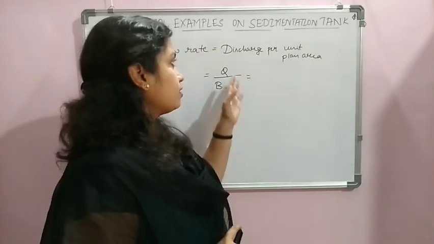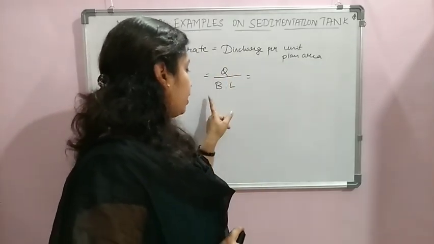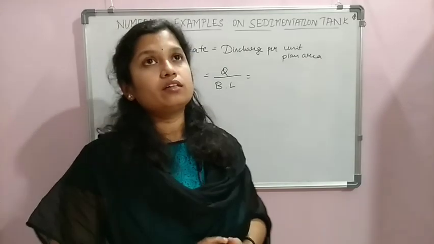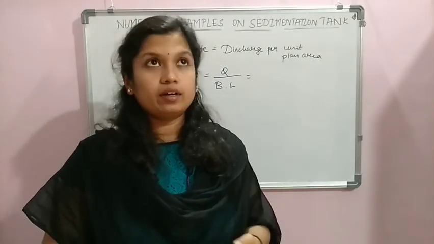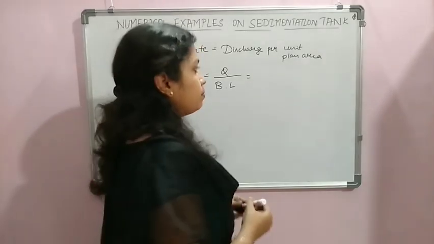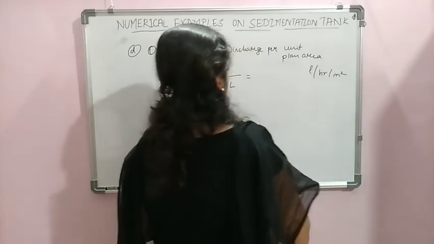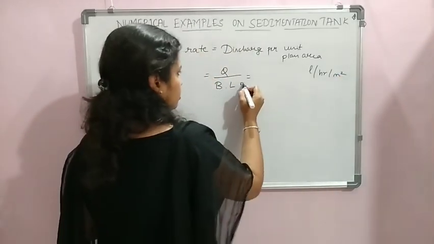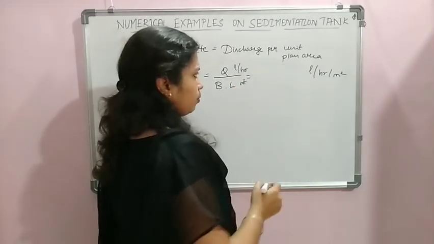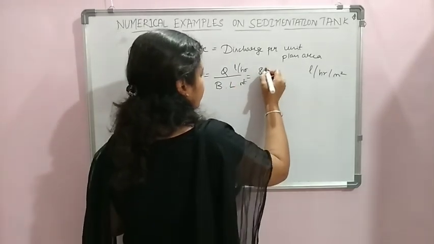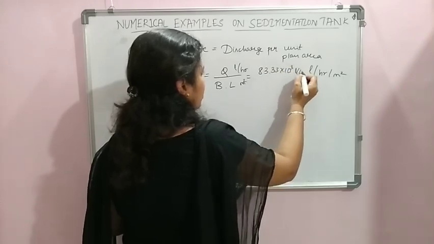Overflow rate can be defined as the discharge per unit plan area. So the discharge is Q and the plan area is B into L, and the unit for overflow rate is supposed to be liters per hour per meter square. This one is already in meter square. Thus let us substitute this in terms of liters per hour. This was 83.33 into 10 raised to 3 liters per hour,